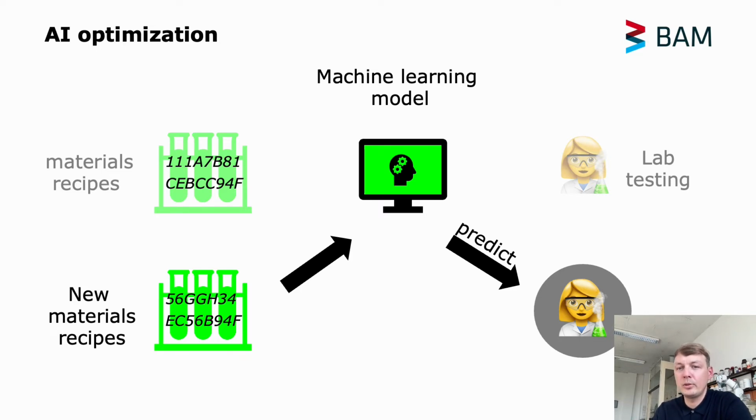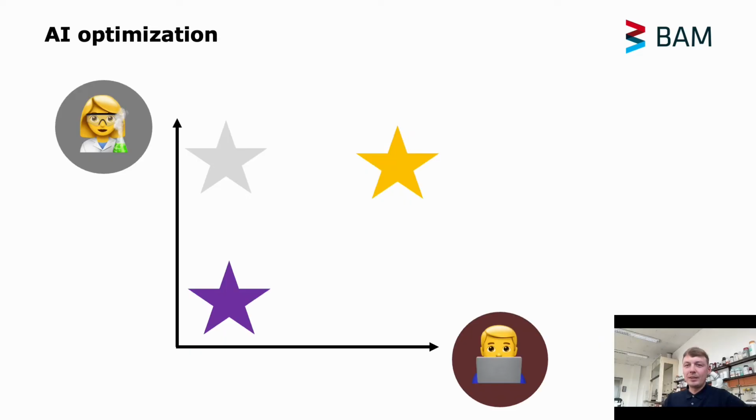But how do the socioeconomic factors come into play? Let's see on the next slide. To this end, there is the concept of utility. Let me explain. Shown here are three materials marked as stars. The coordinates of these materials come from the predicted performance in the lab on the y-axis and the socioeconomic impact